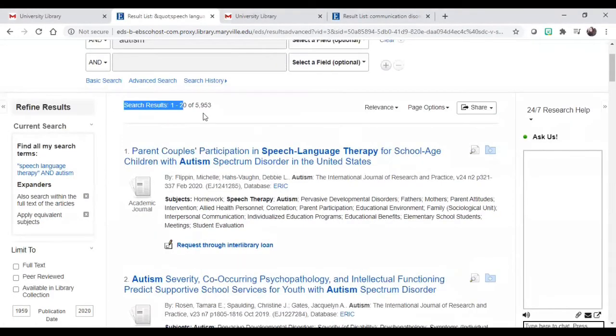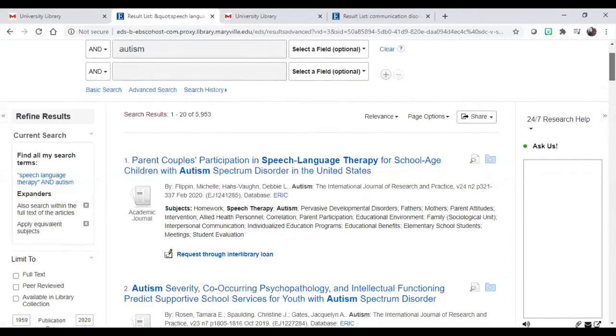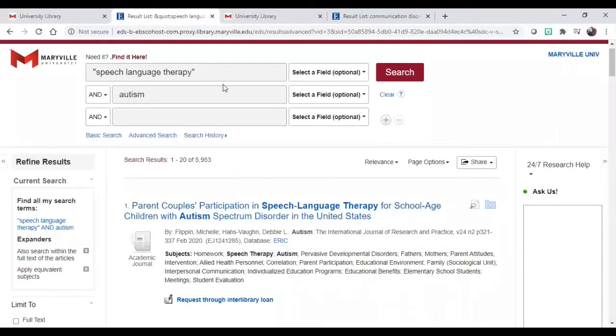At our search results here, we have almost 6,000 results. So that's pretty good. So what we typed in here is pretty specific. So I didn't expect our number to be in the millions like you sometimes see if you search something really general. So the more specific you get, the smaller this number will be, but the more specific your results will be. So it all kind of ties together really nicely.